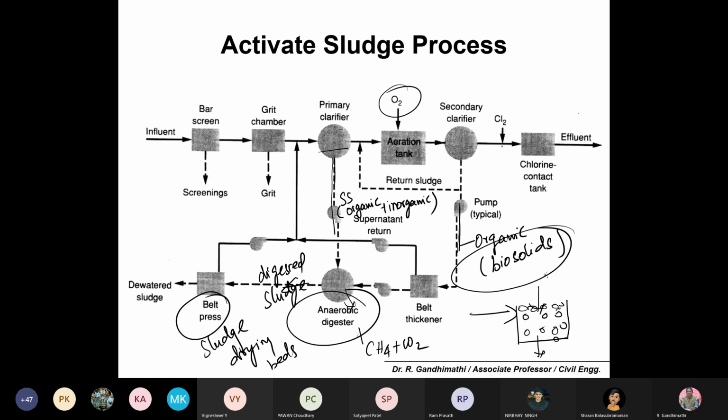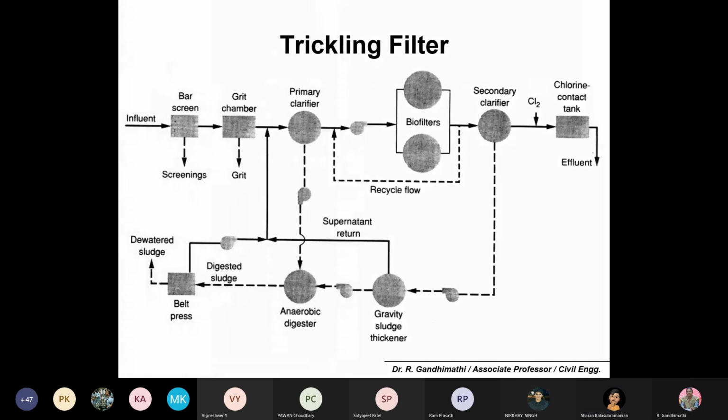Yes, ma'am. Yeah, this is a complete setup of treatment systems. Here instead of aerobic, I have given examples for trickling filter. The concept is an aerobic process, but it is an attached growth system. You have to provide a sandy medium to support the biofilm growth.